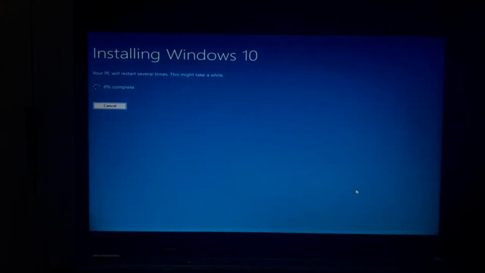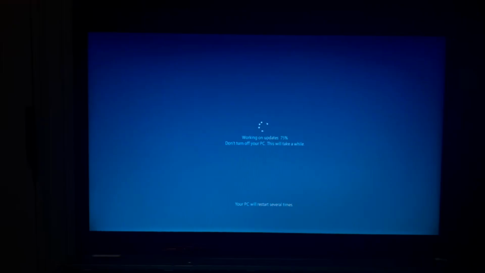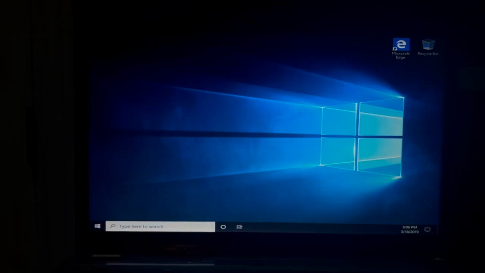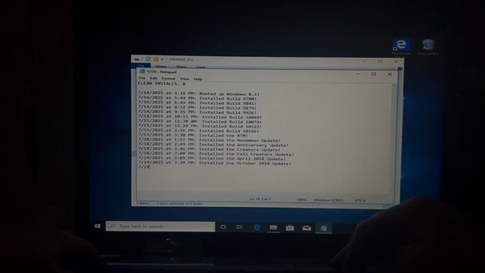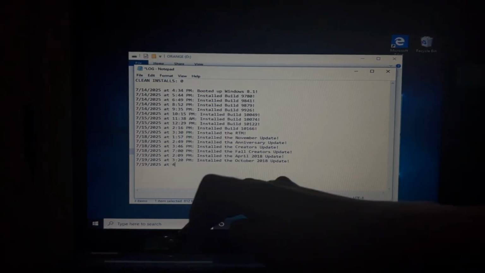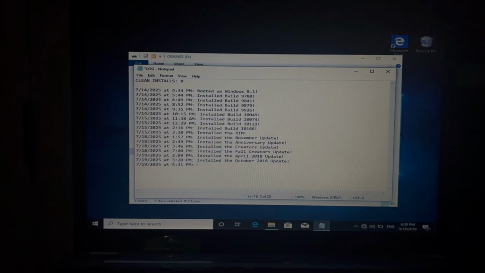Let's go. Oh yes. Now the background has changed to blue, which makes more sense than purple, because purple was more for Windows 8. This is more Windows 10 like. Anyways, let's install this update. Hurrah! We are at the May 2019 update. 7/19/2025. And it's 4:31 p.m. Yeah, you can really tell these things take so long to install